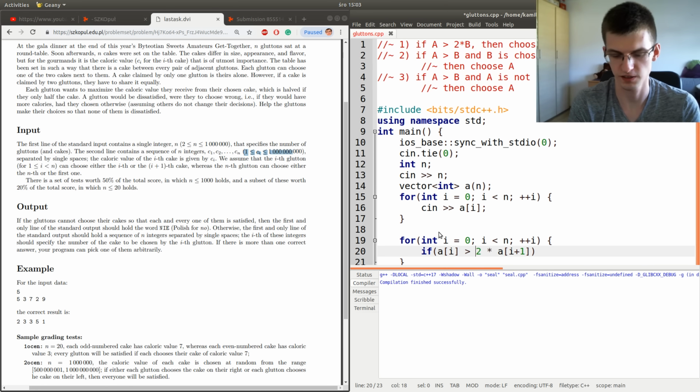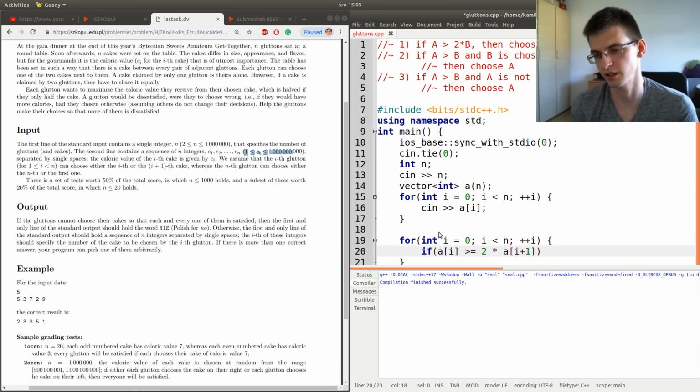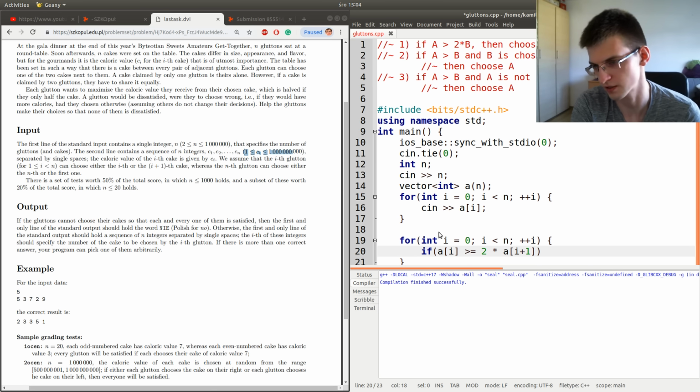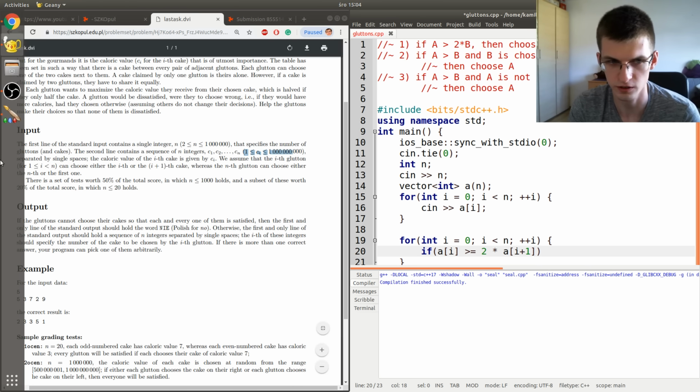One question is whether it should be bigger or bigger and equal. And all the time when you put some inequality in your code, you should think at least for a second whether you should write or equal here. In this code, I think it will not hurt us to write greater than or equal.